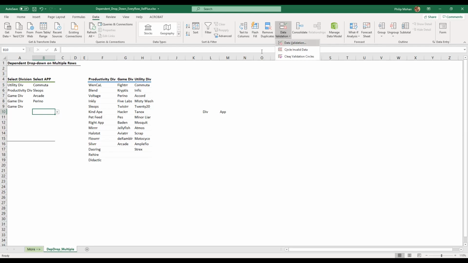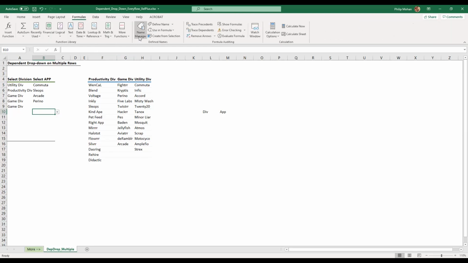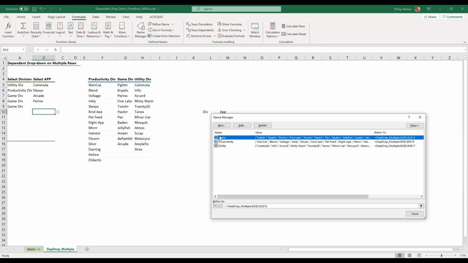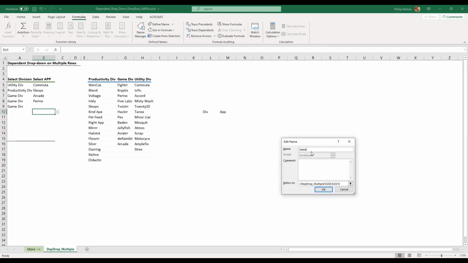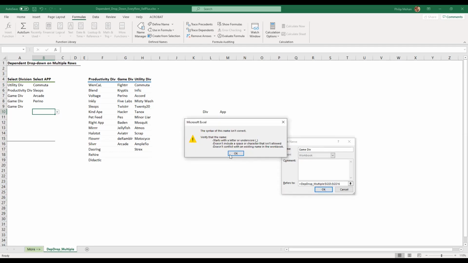Actually, let's just go back to name manager. Formula, name manager, and edit game. I'm going to say game div exactly as she has it there, so that I don't need to write it somewhere else. I'm hoping that'll work. You can't have a space. Underscore. No, can't have a space.